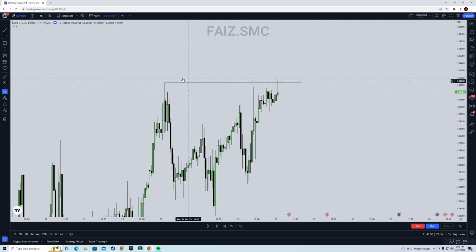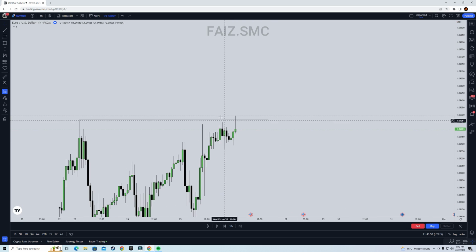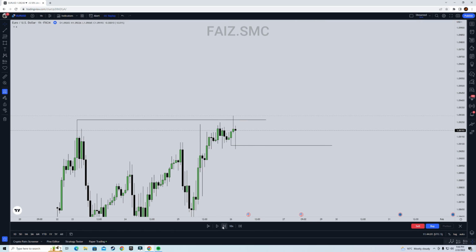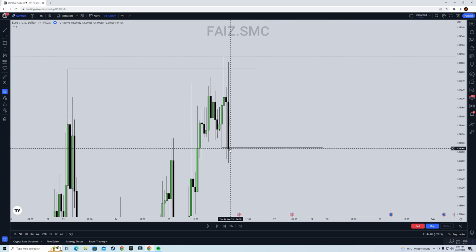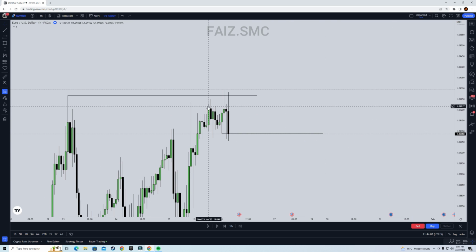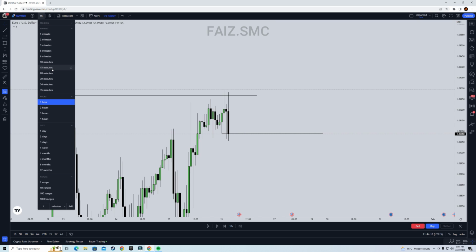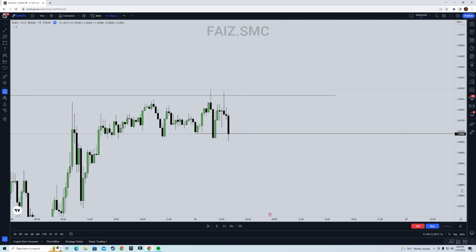This candle wicks out above the A leg high. Now once that happens, you drop down. Okay, you don't want to drop down now. You want to look for a shift in market structure. So this could be a shift in market structure, and I consider bodies. So right now you can see the body closed just below this low. So that is my change of character. Now you drop down to 15-minute time frame,